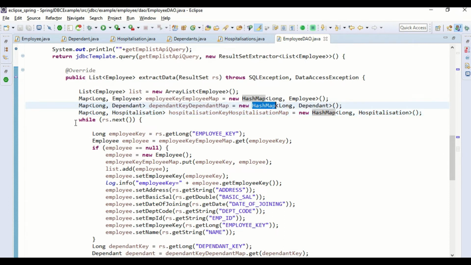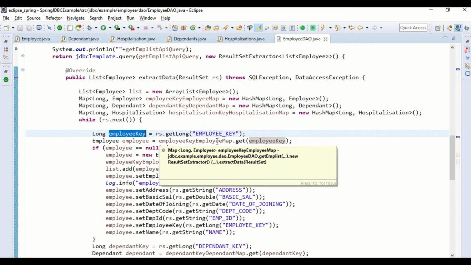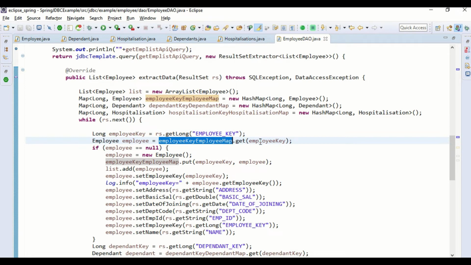Now we are iterating over the result set. First we get the value of the employee key. Then we check whether there is any object for this employee key in the map or not. If the employee object is already there, I have nothing to do.